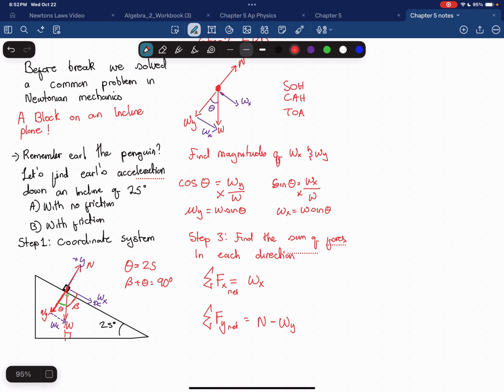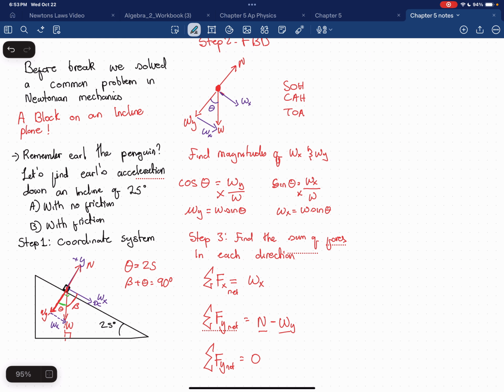All right. So anyway, because the normal force and the y component of the weight force are the same, they cancel each other out. So the sum of forces in the y direction is 0. All right, the sum of forces in the y direction is 0. Okay, so now,